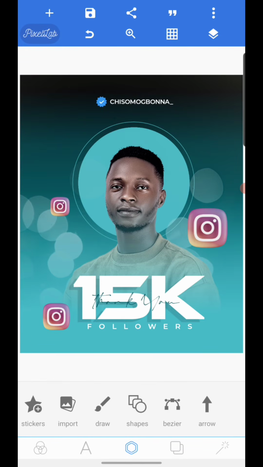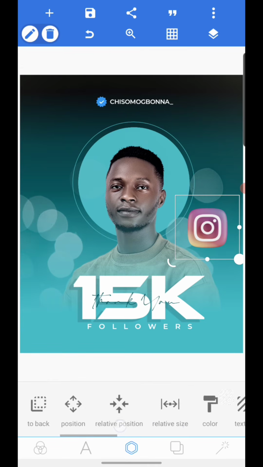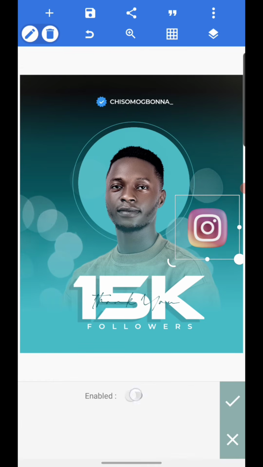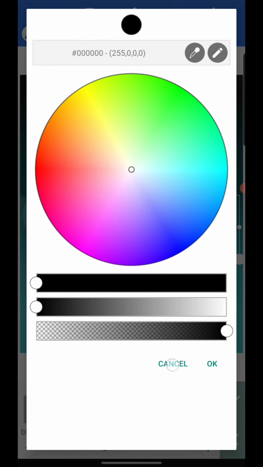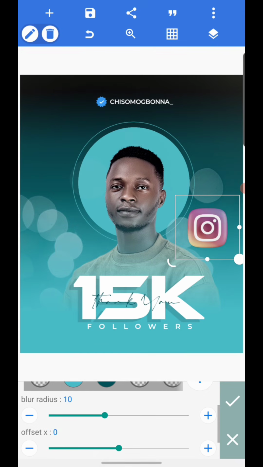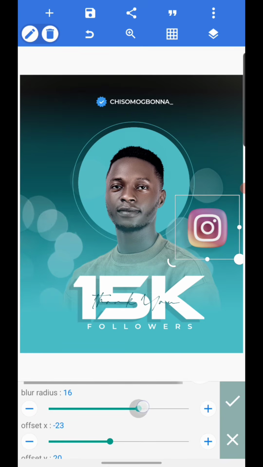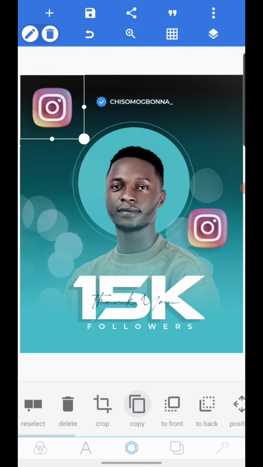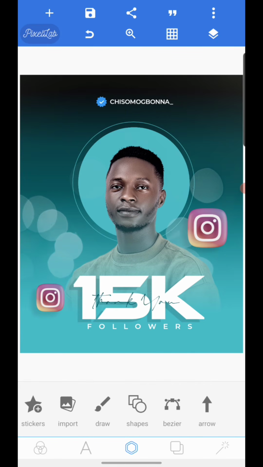Okay, yeah, but before we copy them, let's add a shadow to this Instagram icon. So we come here, when you click on shadow, you come here and reduce the shadow opacity like so. Okay, it doesn't have to be very obvious that it's a shadow. I know you can't see it, but it created a kind of feel. Just a few people would actually see it. All right,